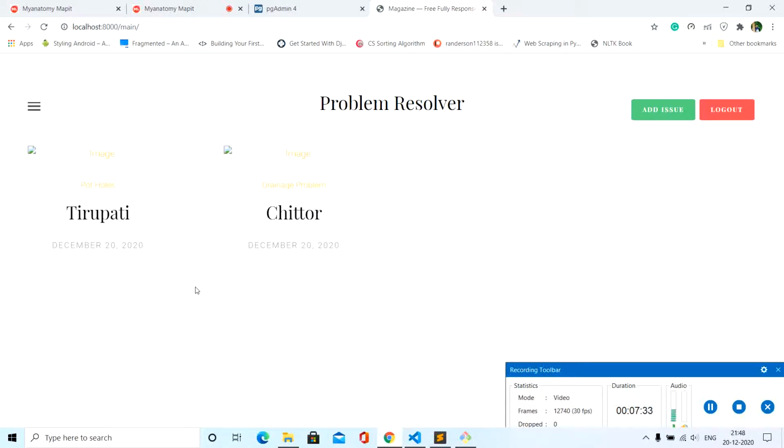Now we have logged in using the user 2 details, and these are the issues that were added by user 1.